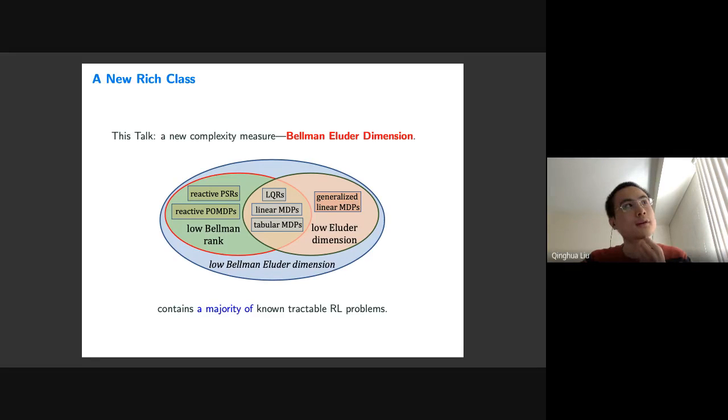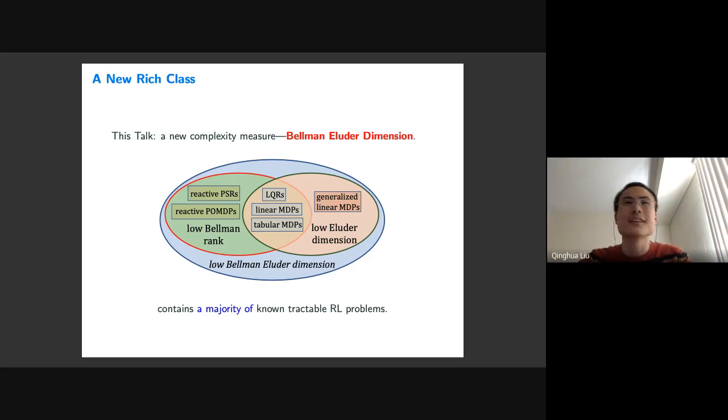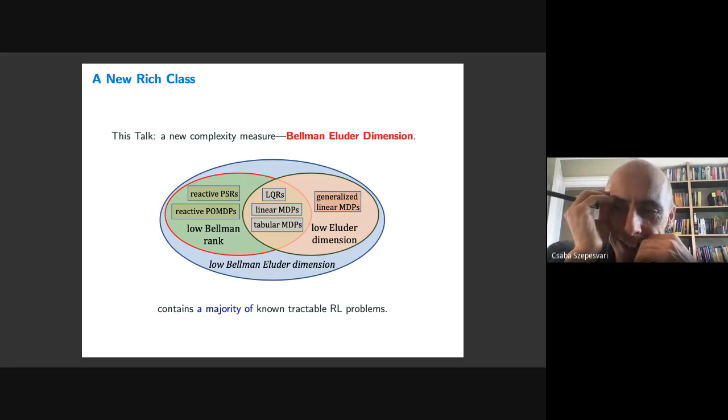I think there is one example called deterministic transition. There is some deterministic transition MDP proposed by Ben Van Roy and his student. I think that case is not included in this big class, but it's still tractable. Yeah, it's like the Q star realizability and the deterministic transition. Yeah, right, exactly. Okay, that's cool.